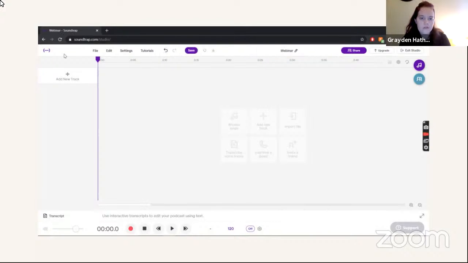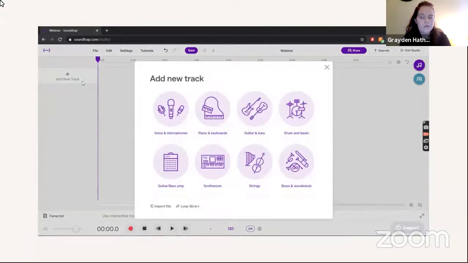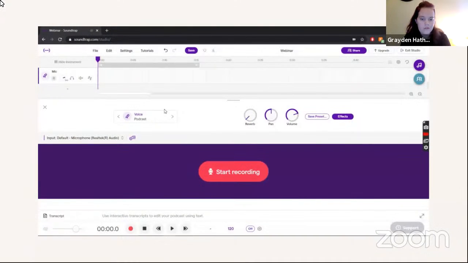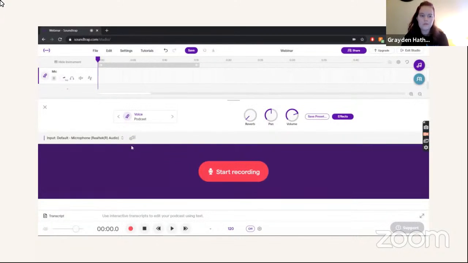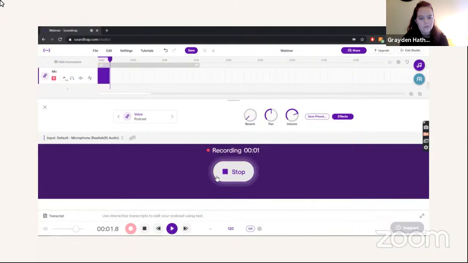just webinar. And then if you want to record directly into SoundTrap, you click Add New Track, and all these options come up. And so if you're just going to talk, I would just click Voice and Microphones, and then you can see your microphone settings here. Where it's coming from. You can adjust the settings, you can adjust the voice effects, which we'll talk about more further on in the presentation, but then when you're ready to start your recording, you just click this big Start Recording button, and you just talk, and